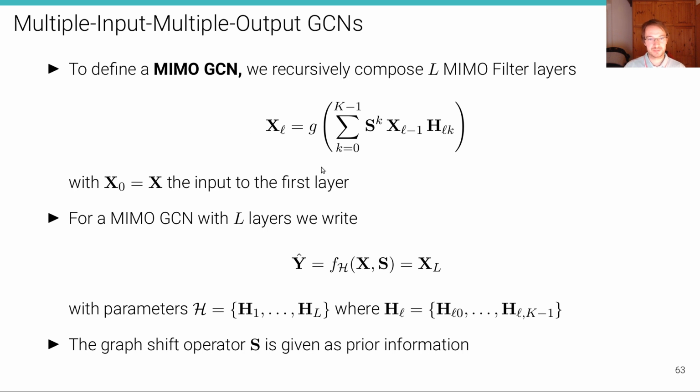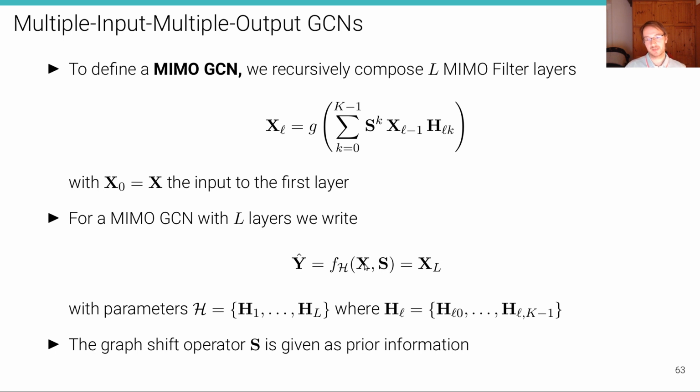And we obtain this expression here, where again x0 is X, the input to the first layer, and these H_lk matrices here are the parameters that we want to optimize over. And they specify in each layer from how many features we reduce or grow to how many features in the next layer. We can again write this in a more compact expression as the matrix prediction Y is calligraphic F of H, X, S, which is the output of the last layer of this network, or the readout,